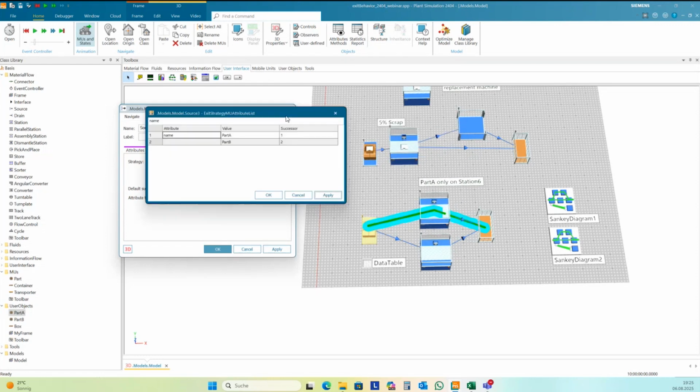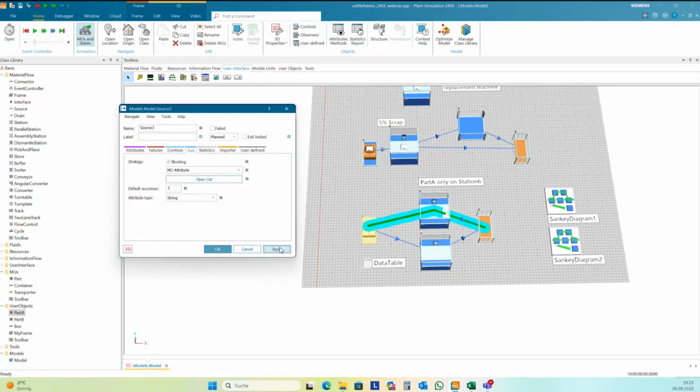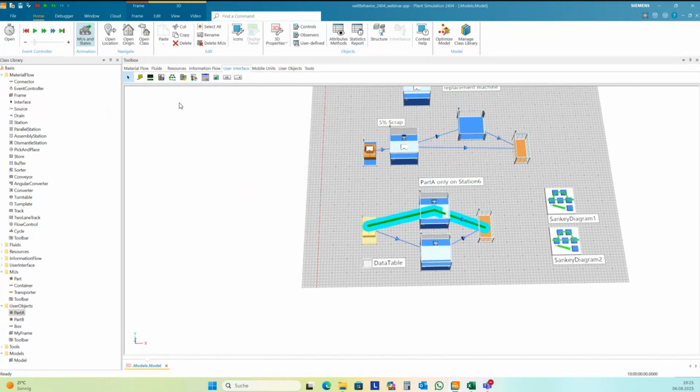But here you can see, if you don't specify the values in the strategy, it all goes over successor number 1. Okay, apply, and then let's try again.